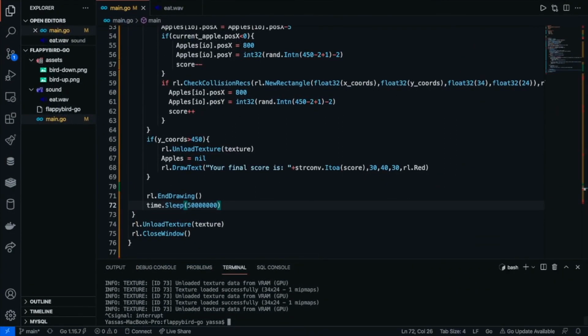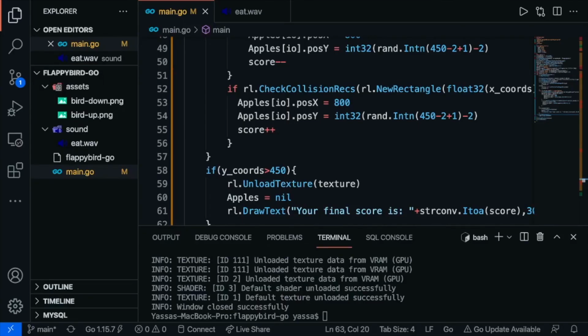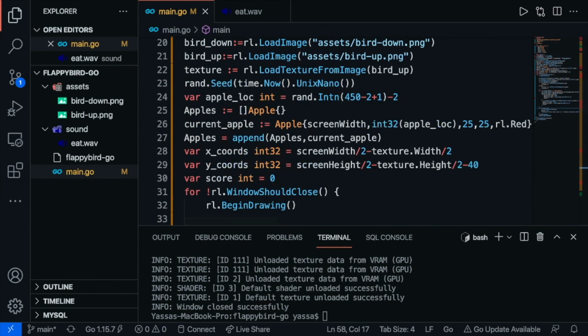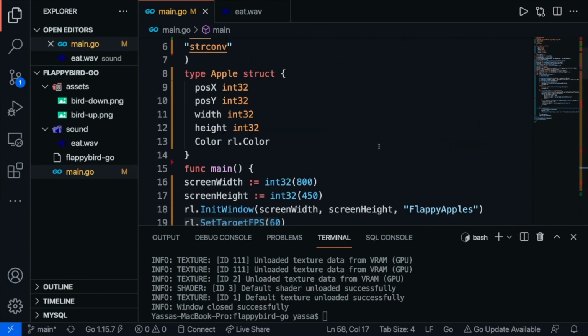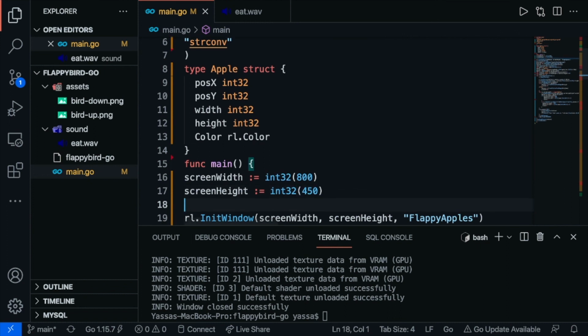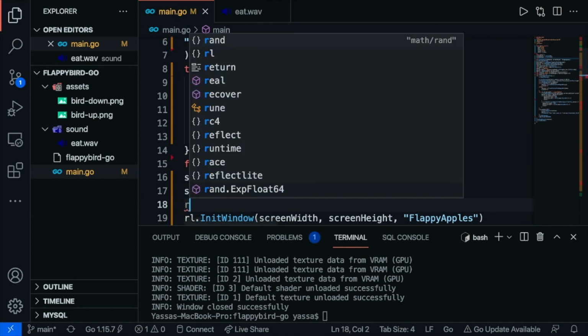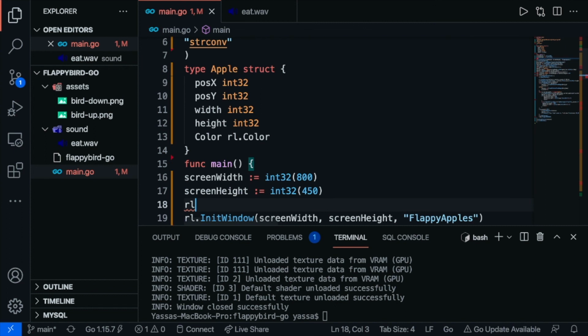Now the last and final thing we're going to do is just add some sound effects. In order to add audio into your video game, the first thing you're going to want to do is initialize your audio device. In order to do that, head on over to your main function, and before you do any sort of work, just initialize it right here, rl.init